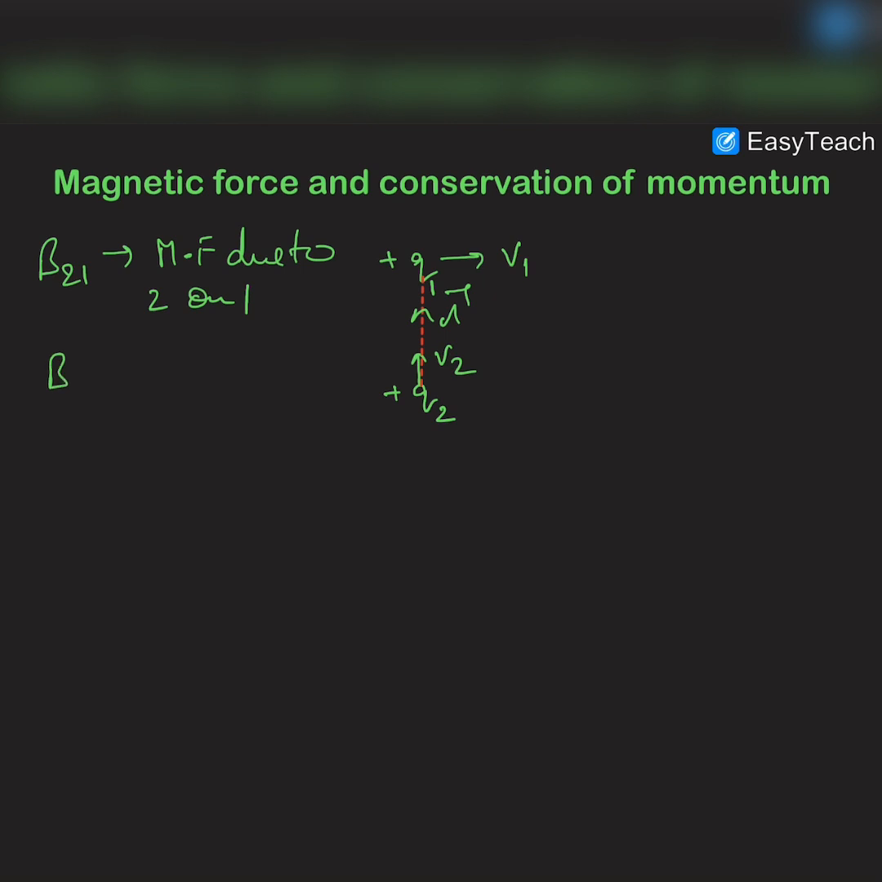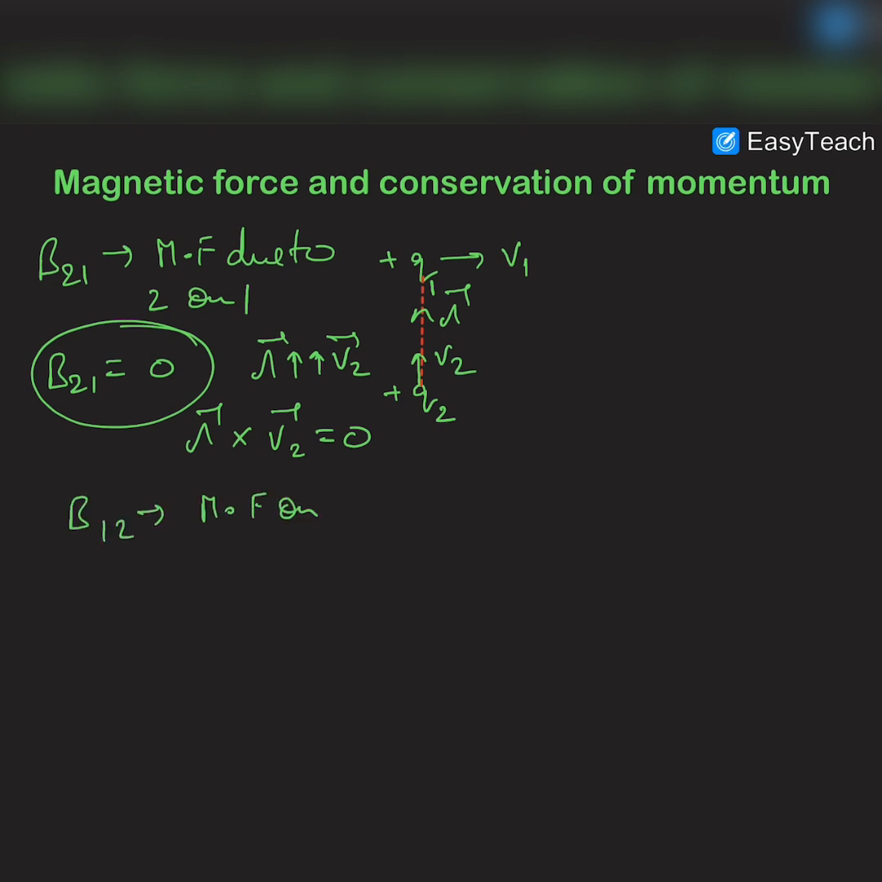Then obviously B21 will be 0, because you can see that the velocity of this charge V2 and the position vector of this point where we have to find the magnetic field are parallel to each other. R is parallel to V2, therefore their cross product will be 0. So it means that there will be no magnetic field on q1, but the magnetic field B12 is the magnetic field on 2